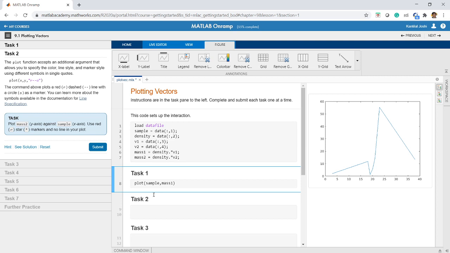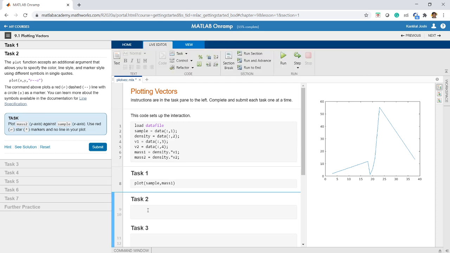Now let us see this task and try it for ourselves. It is asking us to plot mass 2 on the y-axis against sample on the x-axis, and we are supposed to use red star markers and no line in the plot. Instead of star, you can also call it asterisk.